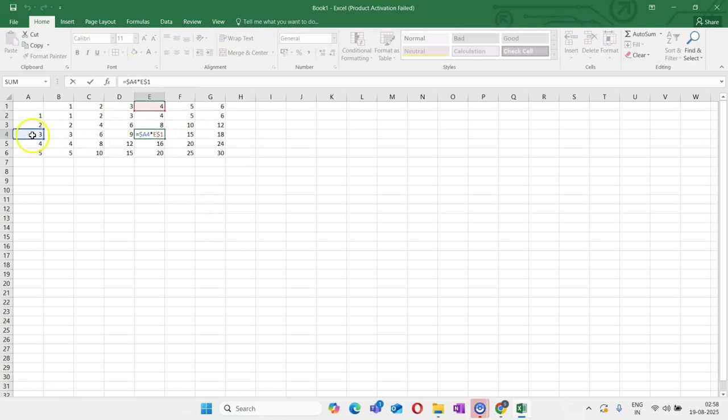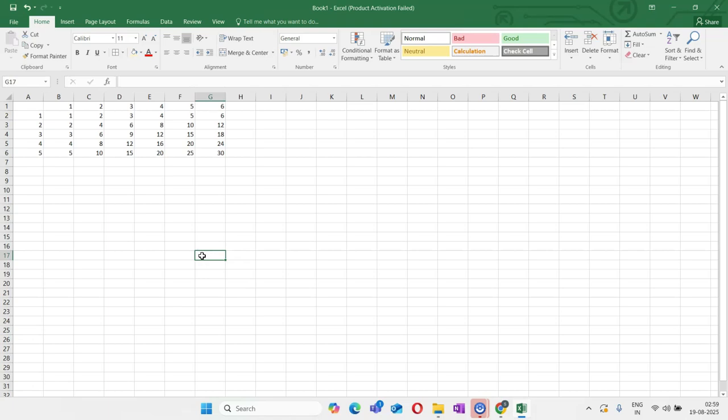Here, what's happening? My column is A, right? So A is fixed. That means it is always in column A, but the row is moving. That's why it became 3. And similarly, my row will always be 1, but it should move the columns. So that is why it first started with B, C, D, and now we are at E. Similarly, it will go on for 5, 6, etc. Am I clear? So that is mixed referencing for all of you.